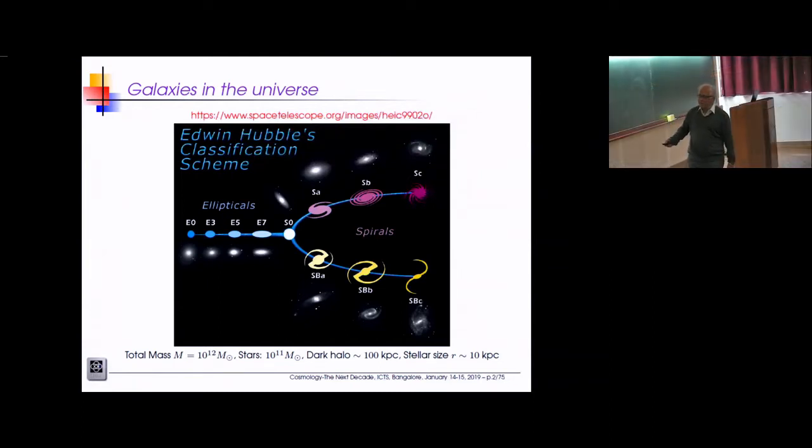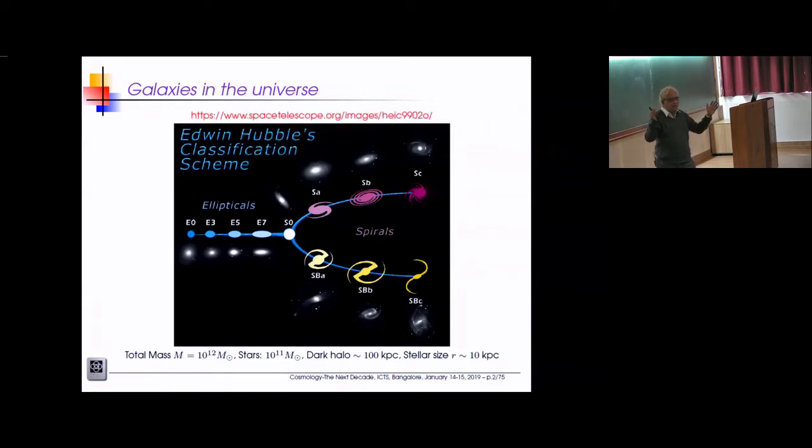The main difference, if you look at some properties, is that they may have about 100 billion stars, roughly. It could be smaller, 10 times smaller, 10 times larger at the best. They have a total mass. For example, if you take our Milky Way, probably the total mass in the Milky Way is about 10 to the 12 solar masses, maybe 10 times larger than the stellar mass. And we think that this is made out of a dark halo,